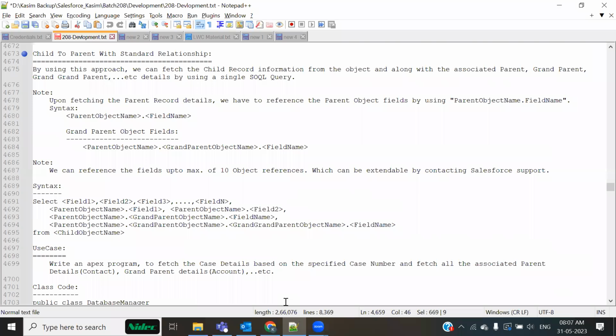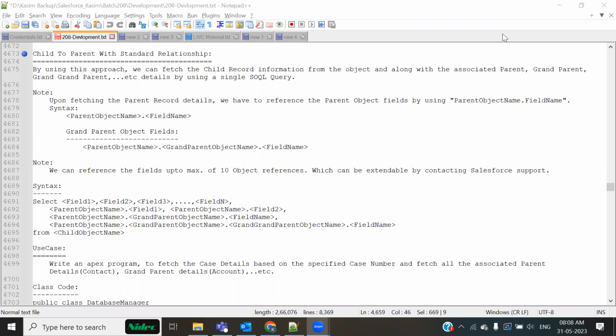In case of a lookup relationship, if object one is a child,